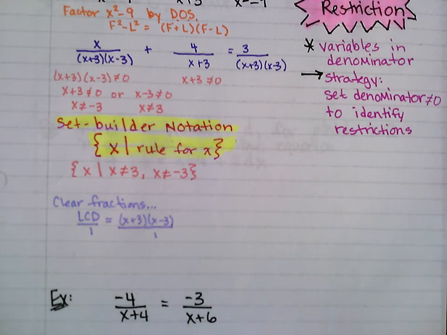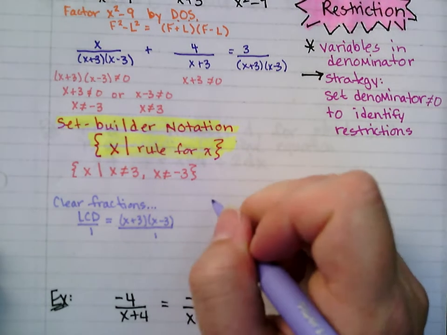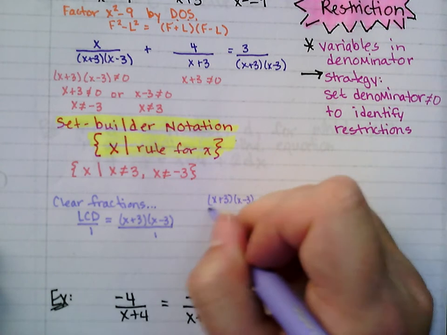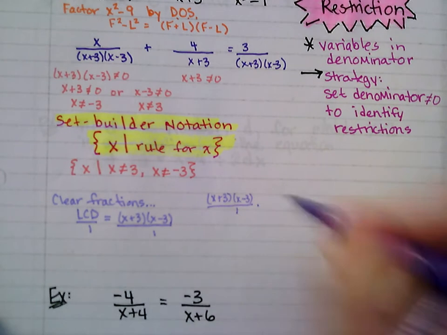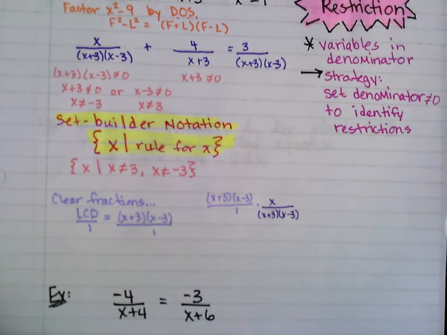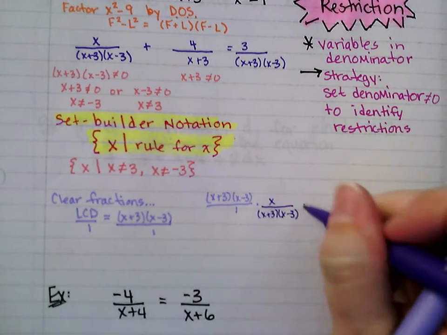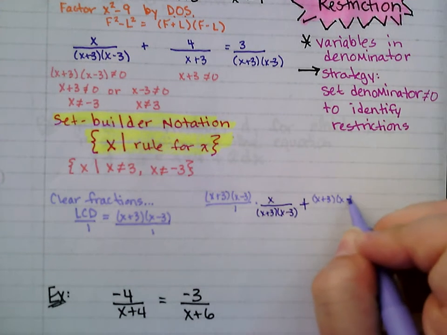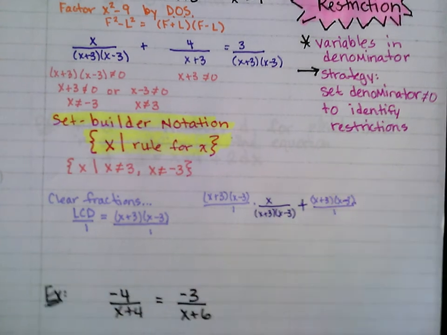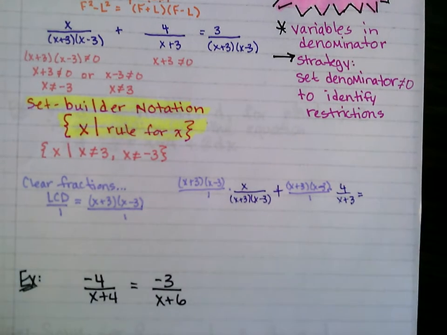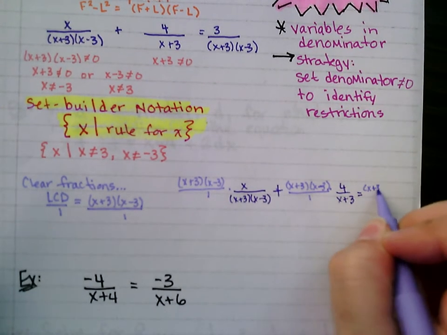So I'm going to multiply each term by that LCD over 1. So I'll have x plus 3 times x minus 3 over 1, and I'm going to multiply that by my first term. And then plus the LCD over 1 times my second term, which was 4 over x plus 3, equals my LCD over 1